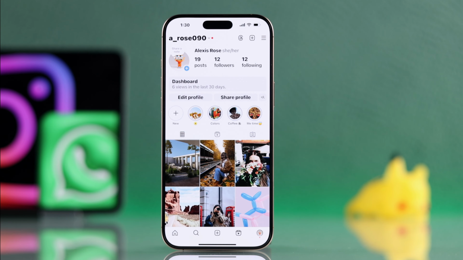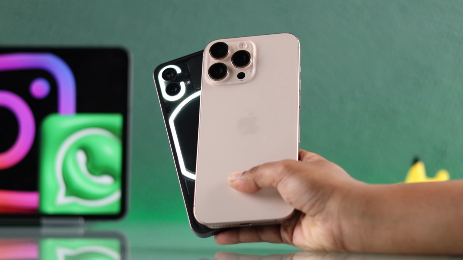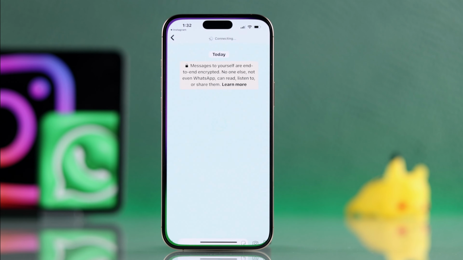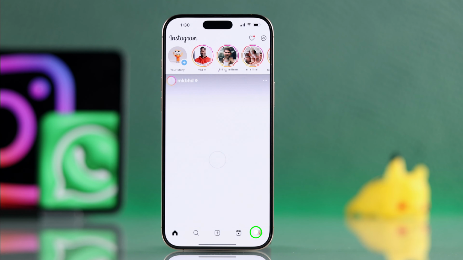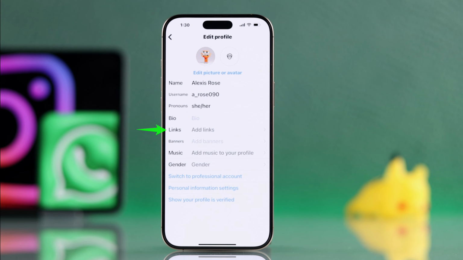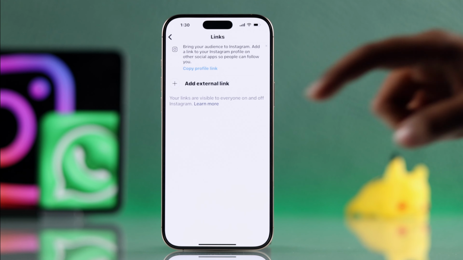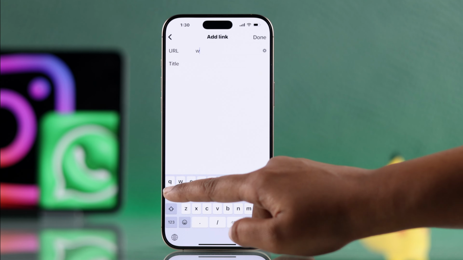Let me show you how you can add your WhatsApp link to your Instagram bio using your iPhone or Android so people can message you directly. For that, first you open up your Instagram and head over to your profile. Now hit the edit profile button and now go for add link option. Now choose add external link and from this URL field type